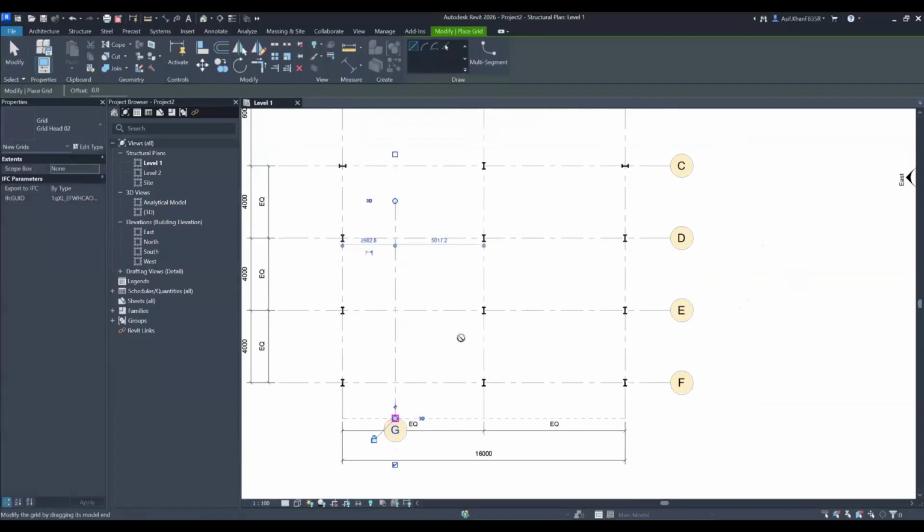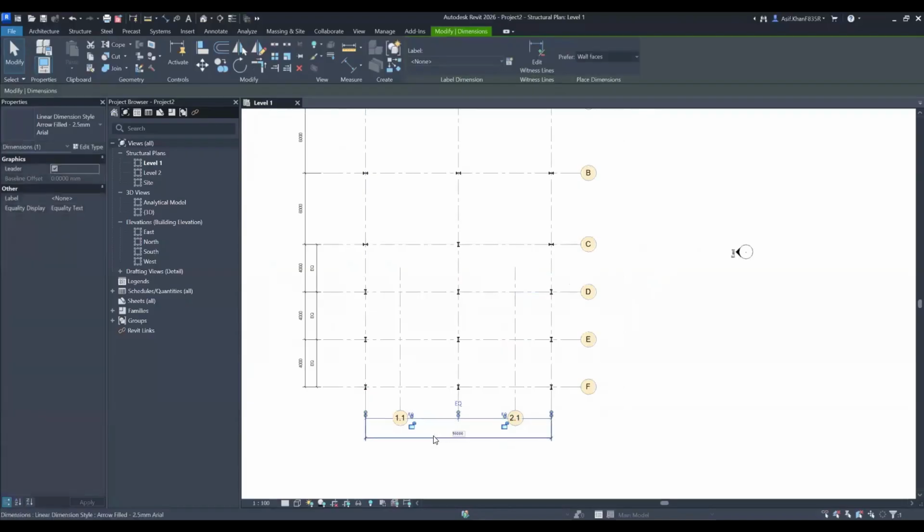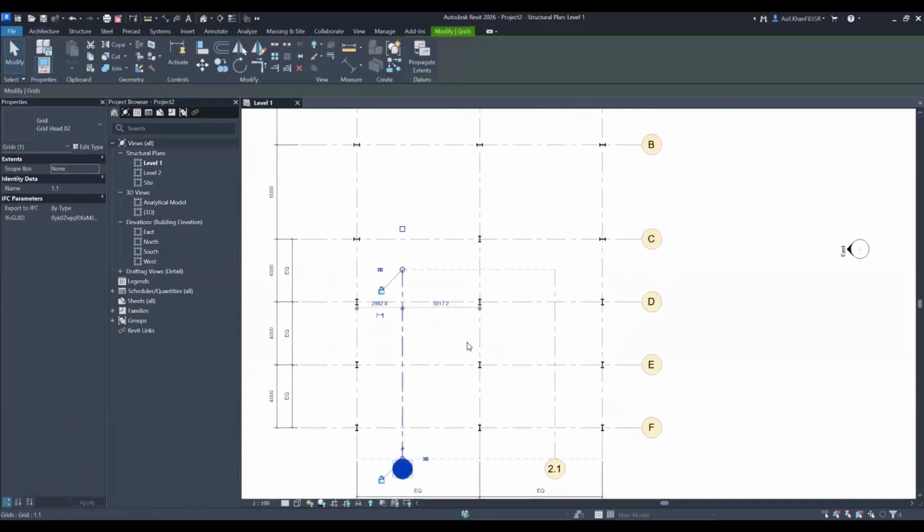Here's my grid. Rename it to, let's say, 1.1. I'll place another grid like here. Let's say this is 2.1 because it's coming after sequence 2, to identify it later on. I'll push this back so that it doesn't interfere. That's it. So once this is done, now if I select any of my grid, there will be a blue